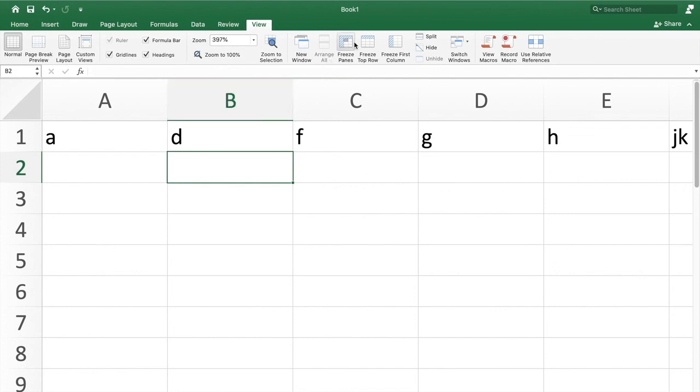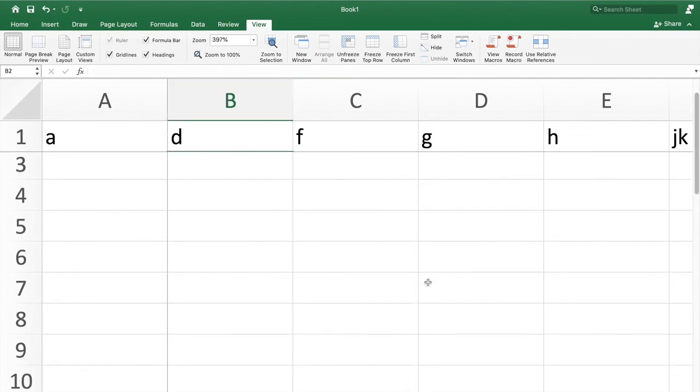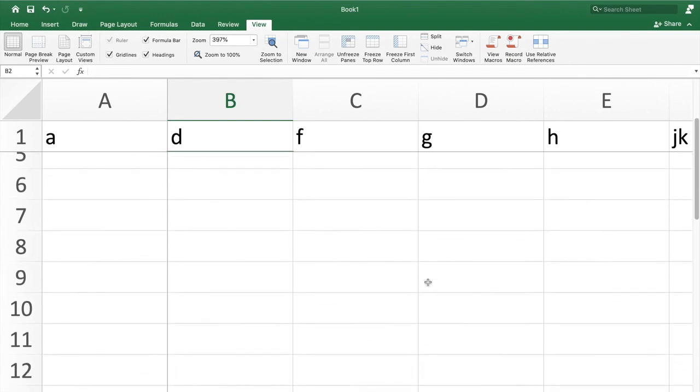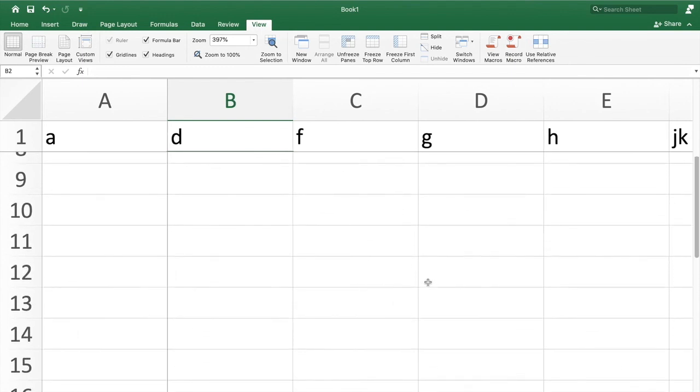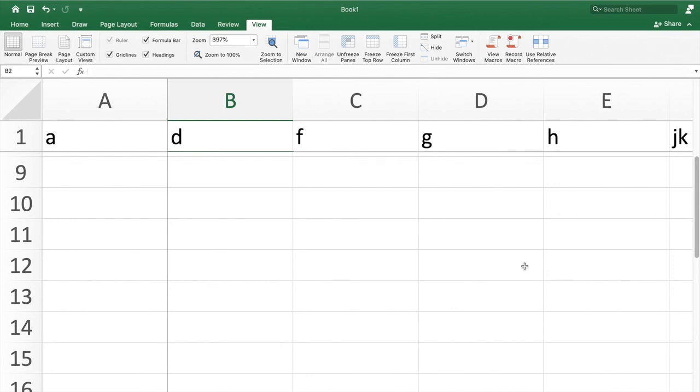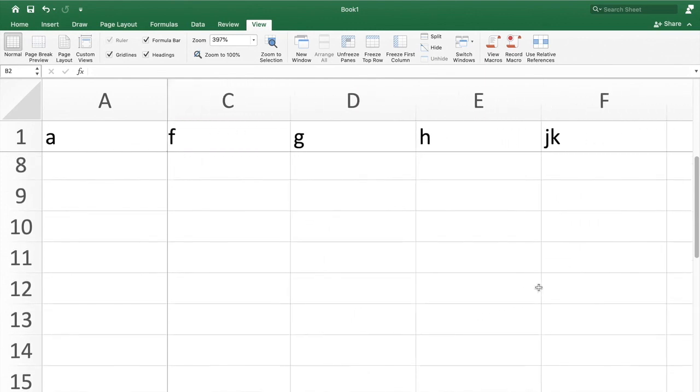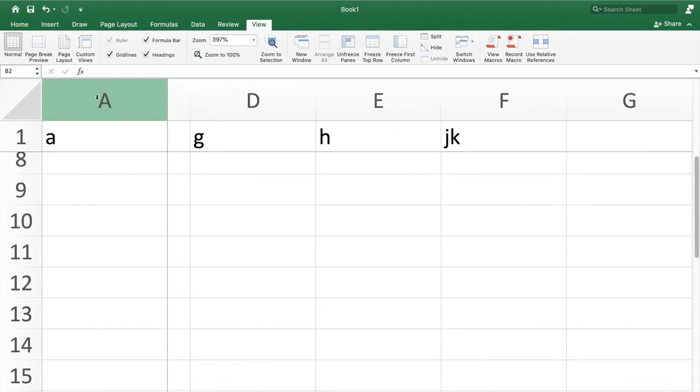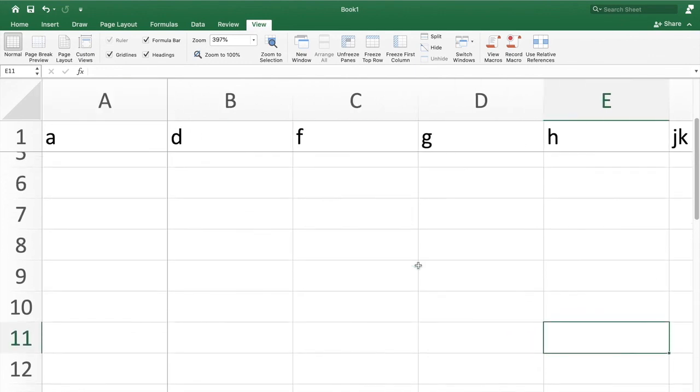So let's try to check. Okay, so as you can see, if we move the sheet upward, this is now actually frozen. Same with this part. The first column is now actually frozen. So that's the difference. Okay, so I think that sums up our video for this